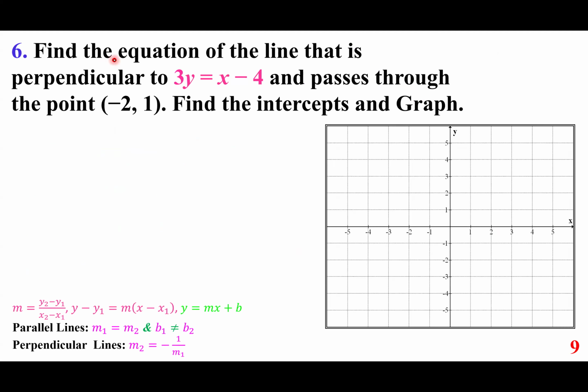Find the equation of a line that is perpendicular to 3y equals x minus 4 and passes through the point negative 2 comma 1. Find the intercepts and graph. And again, reminding you of the information we discussed, including parallel lines, perpendicular lines, and so on. So the very first thing we do,